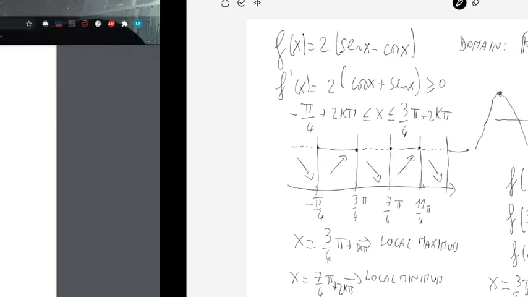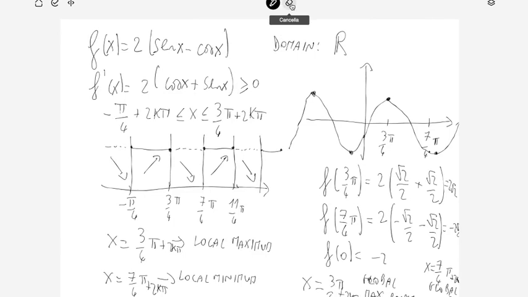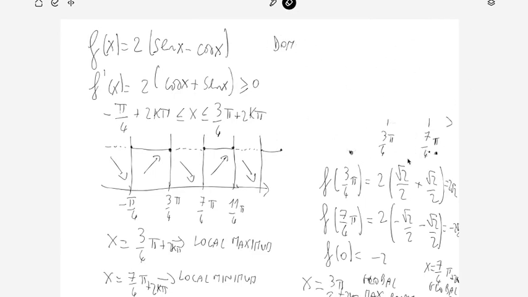Okay, so this was the first exercise, and now we continue with